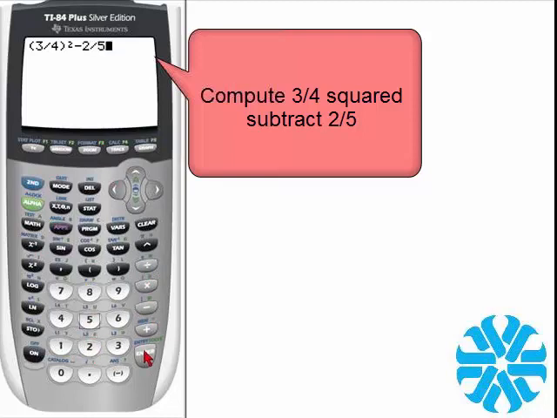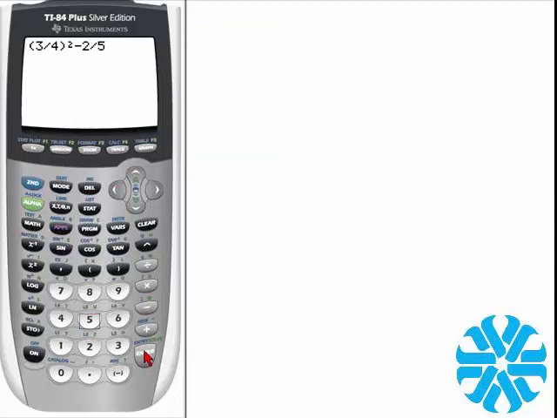Okay, so let's go ahead and convert this to a fraction. So we need to hit the Math button, then number 1 for fraction, and hit enter, and we get 13/80. And let's convert this to a decimal. So we would hit Math, number 2, and then enter, and that's